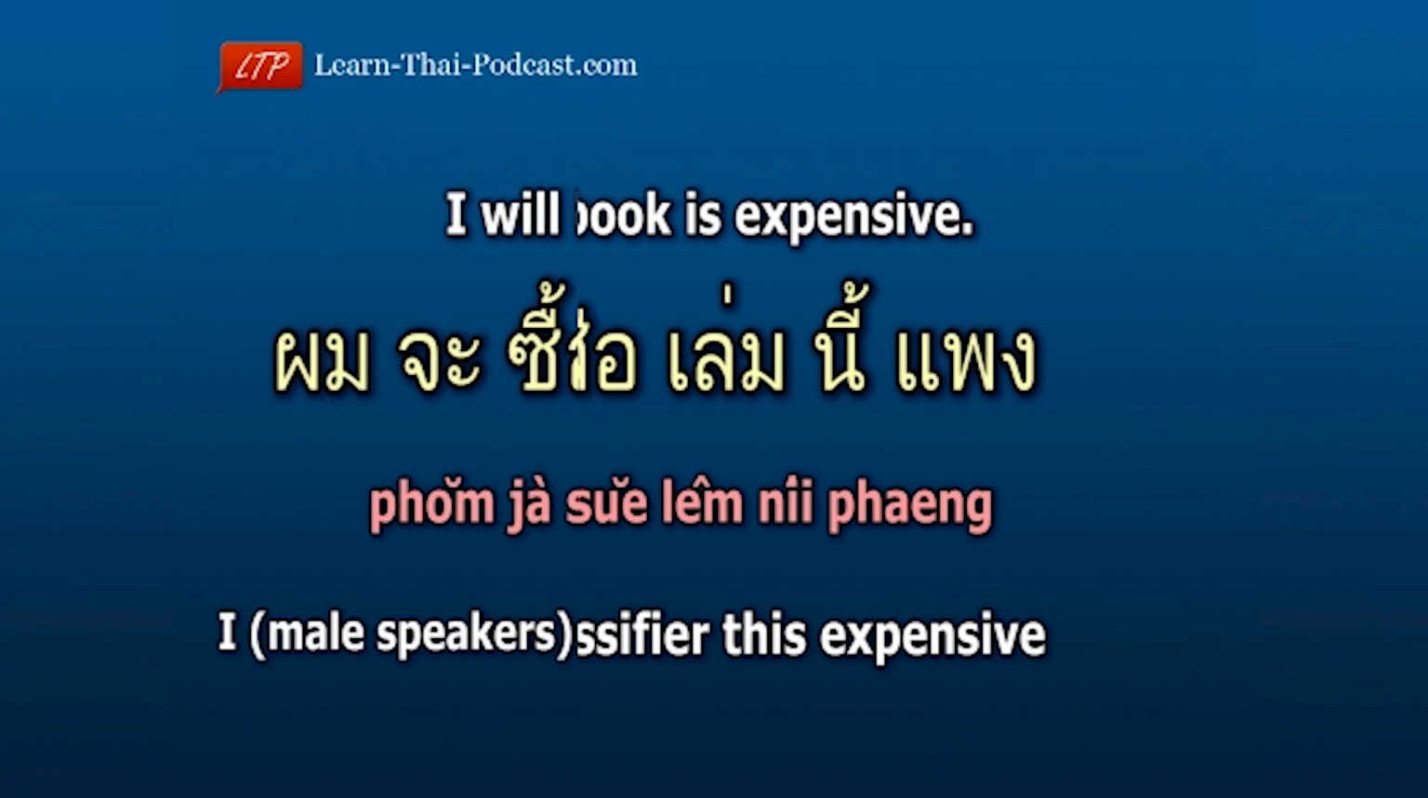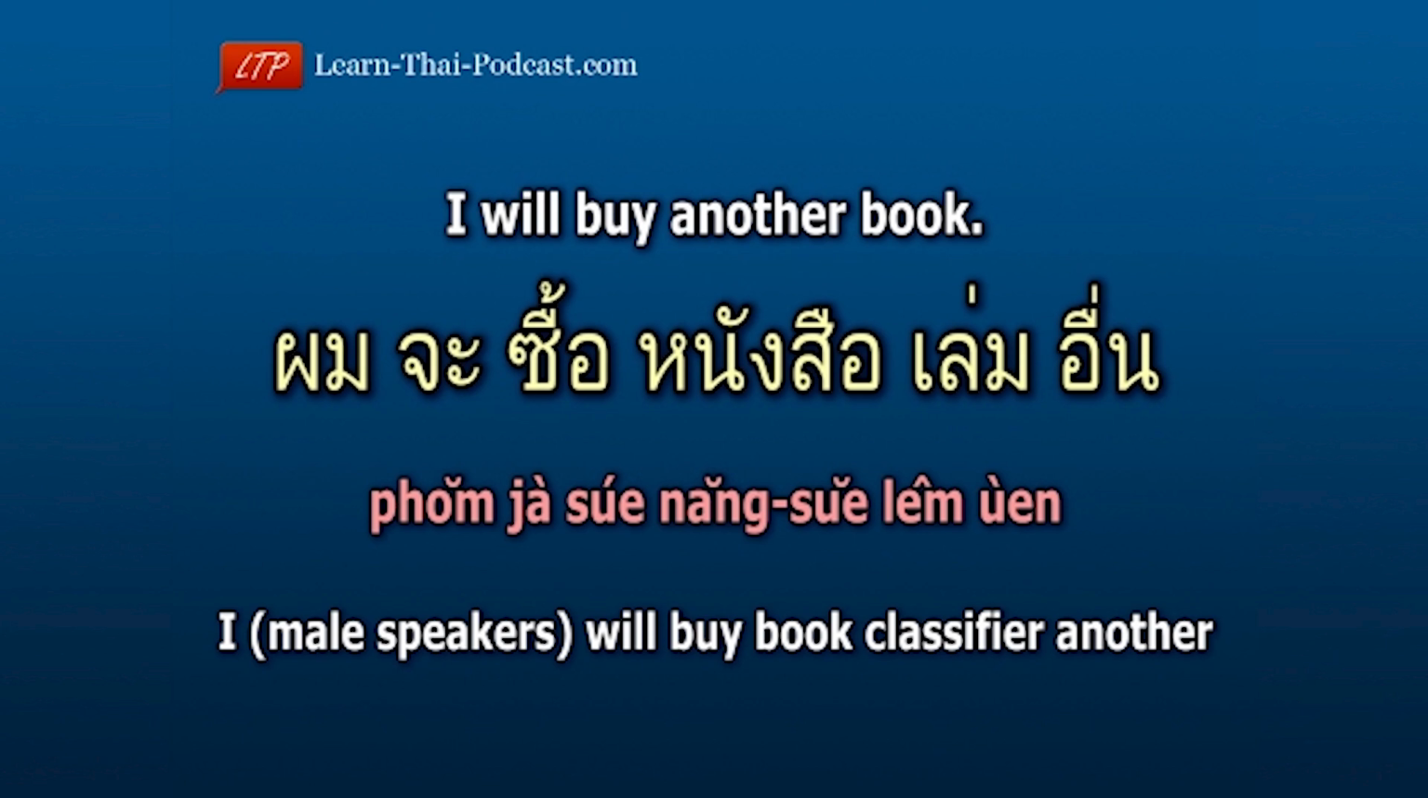Another example. I will buy another book. ผมจะซื้อหนังสือเล่มอื่น I ผม, will จะ, buy ซื้อ, book หนังสือ, classifier เล่ม, another. อื่น I will buy book, classifier, another. ผมจะซื้อหนังสือเล่มอื่น